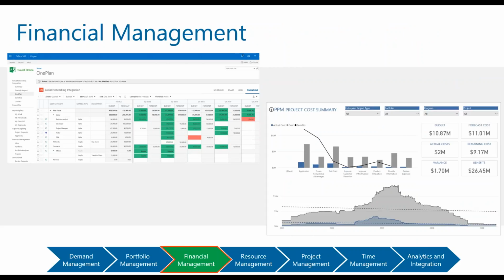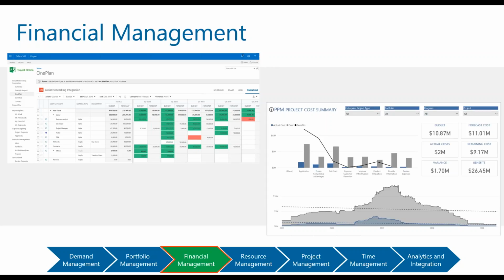So if we think about this being a UI or user experience for doing detailed financial planning on a top-down basis. We also have tied into this financial management piece, which is just part of the overall end-to-end capabilities of a PPM solution. We have a number of out-of-the-box reports that analyze the financial information being captured within the PPM solution, whether it be breaking this out by different portfolios or projects,